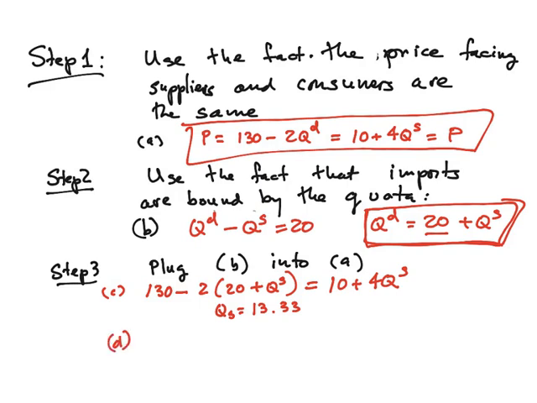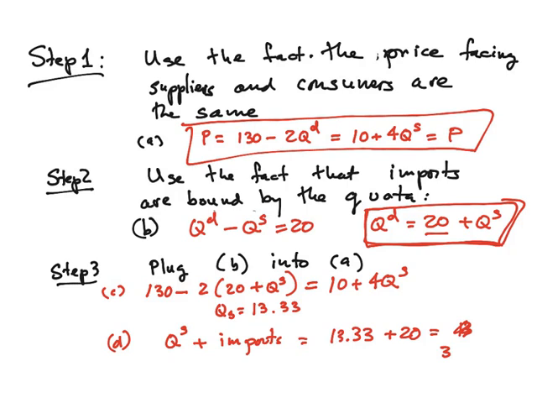Okay, so now we know what the domestic supply is. We know what imports are. It's going to be 13.33 plus 20,